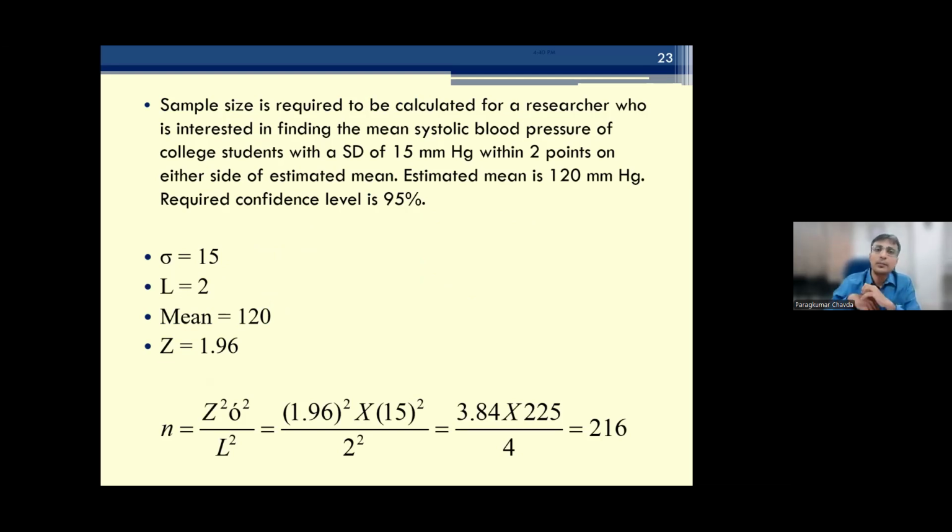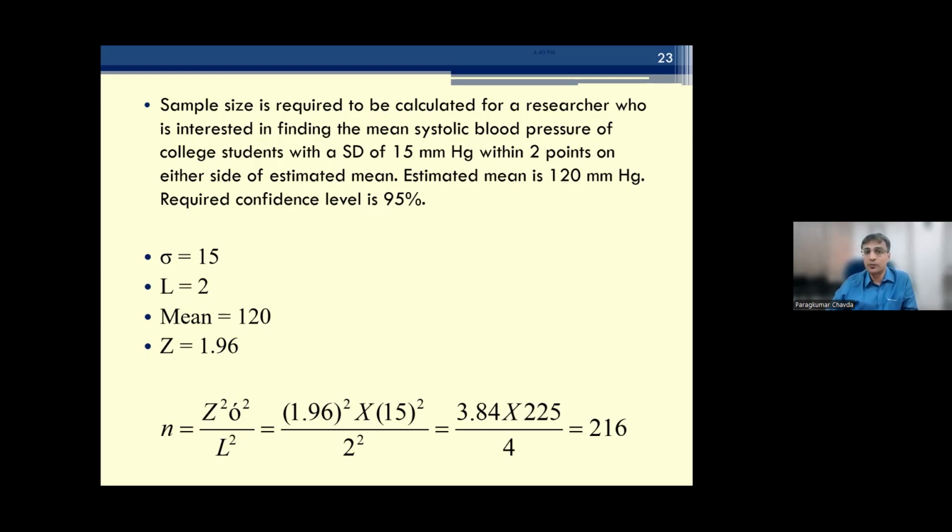If we wish to calculate sample size for a researcher who is interested in finding the mean systolic blood pressure of college students, with a standard deviation of 15 mmHg, with 2 points on either side of the estimated mean. Which means that with 2 mmHg precision, the estimated mean is 120 and the required confidence is 95%. So Z is 1.96, standard deviation is 15, and relative to 15, the allowable error